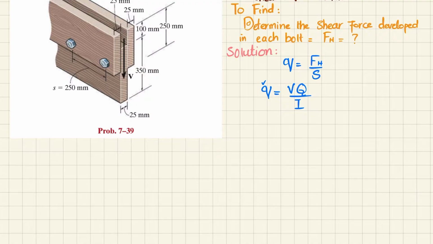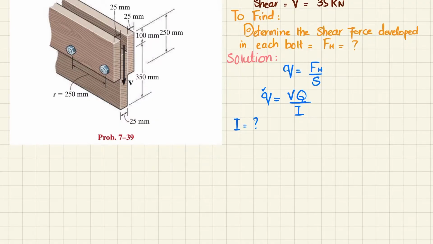For that we will find this I, which is the section property, and that is the moment of inertia about the neutral axis. But we do not know where the neutral axis will lie because the beam is not symmetrical about a horizontal axis at the mid. So first we will find the location of the neutral axis of this beam. We know that y bar, the location of the neutral axis passing through the centroid, is equal to sum of y bar into A